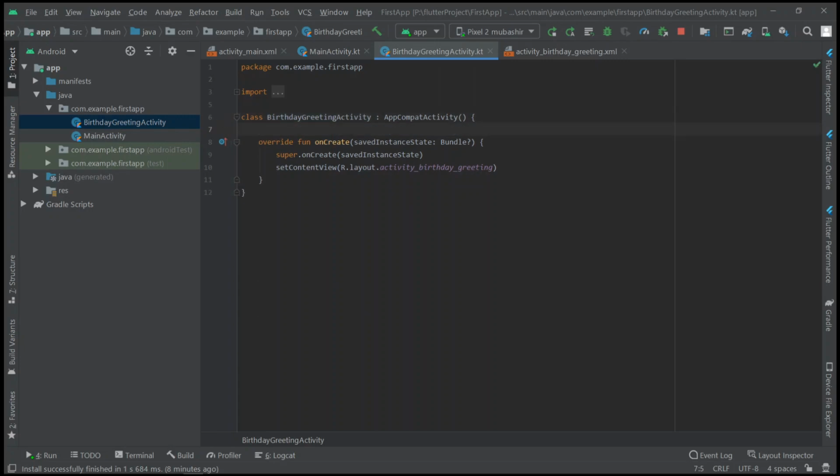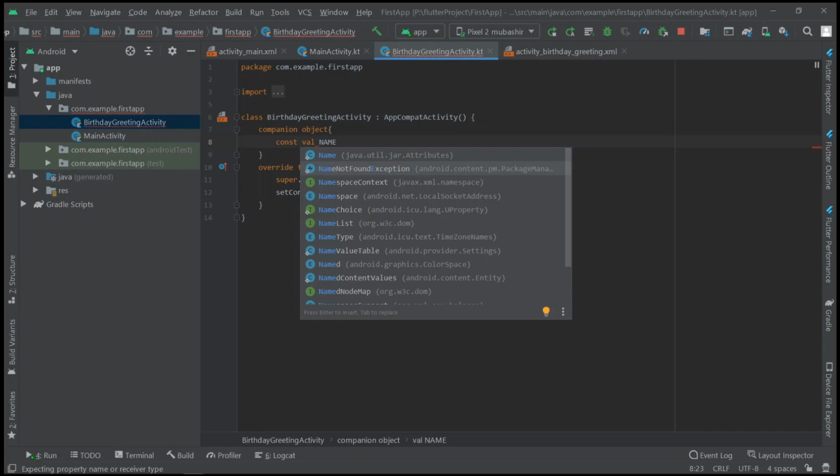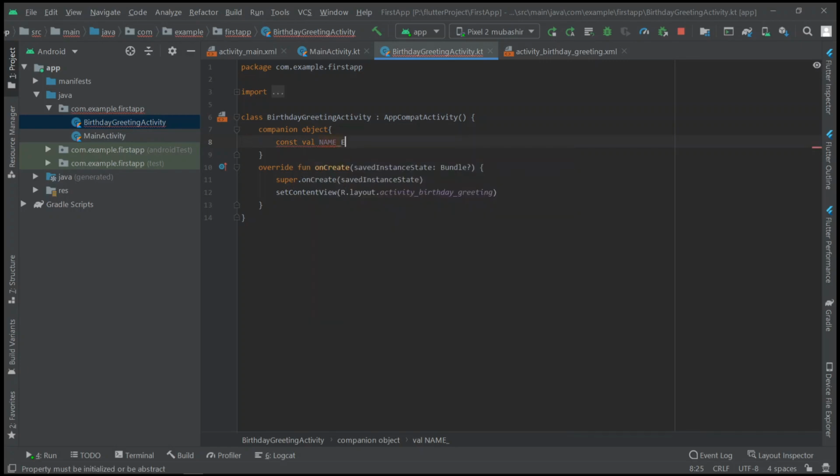We need to make a companion object in which we will make a const val with the name, name underscore extra, and here let's give this as name underscore extra. Okay, why I created this I will explain you in a minute.